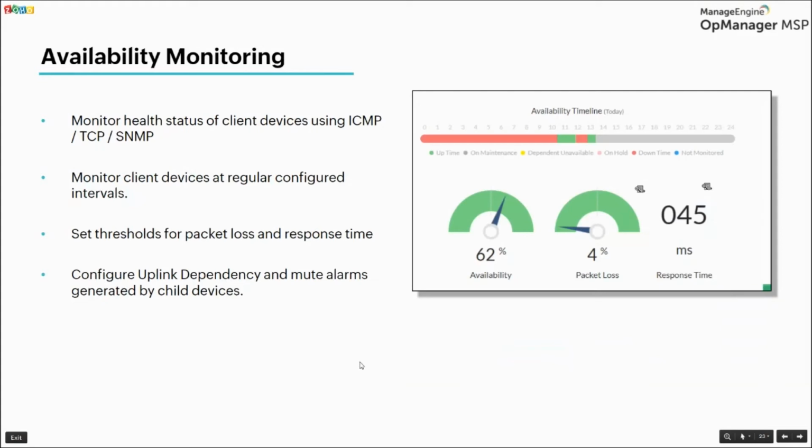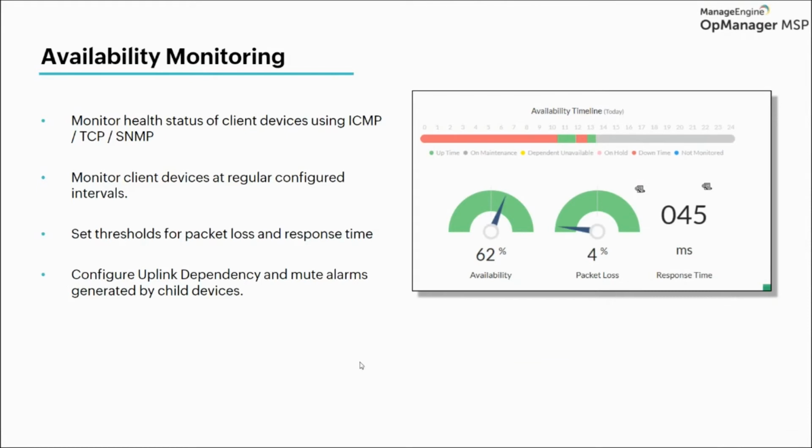So now when we talk about metrics which we want to monitor in our network equipment or in our devices, the first and foremost important metric is the sys uptime, or the availability of the devices. So OpManager MSP provides you health monitoring of the devices using ICMP or TCP or SNMP as well. So based on your environment and how you want to monitor the health of the device, you can do them using ICMP, the basic ping response, or the TCP or SNMP ping for those devices, and through that method, OpManager is going to let you know if the device is up or down at the desired polling intervals.